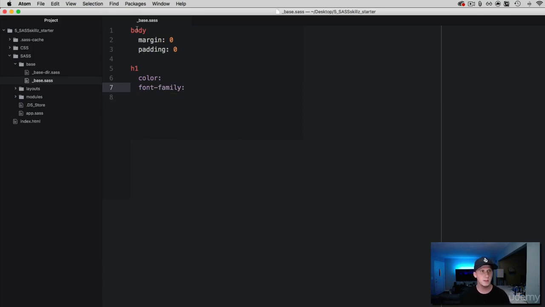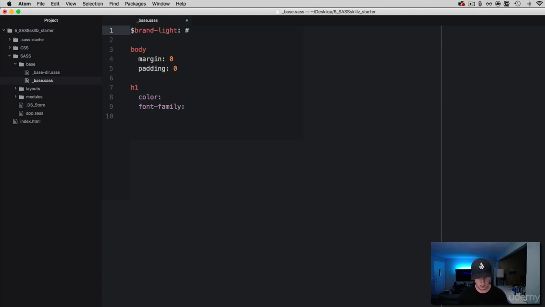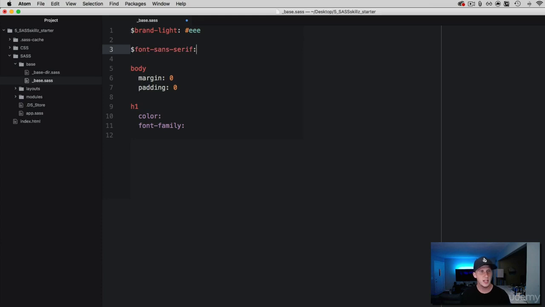So let's use some variables. All right, let's create some variables. So we know when we create a variable, it starts with a $, and we simply give it a name. So I'm just gonna call this brand light, and it's gonna be a light gray. And then we're gonna be working with a font family here. So why don't we go ahead and just call this font sans serif, okay? And then we'll give this a value of Georgia